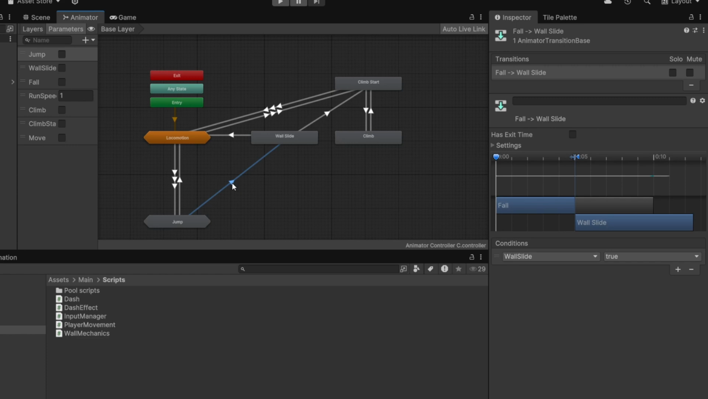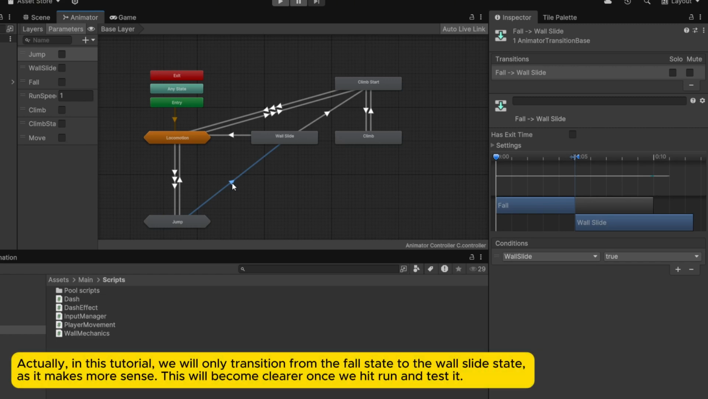Managing the transition depends on your specific setup. You might have just an idle and run state, or a more complex structure. In my case, I have a locomotion state that includes both idle and run animations. I want to transition from either of these states into the wall slide state whenever the wall slide flag is